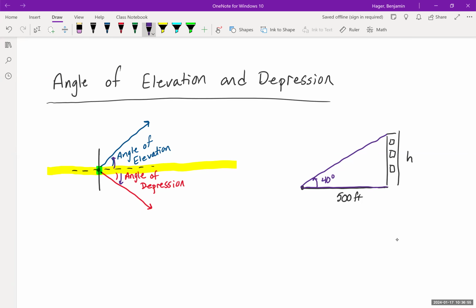Well, we can assume that the building or the tree or whatever it is you're trying to find the height of is roughly perpendicular to the ground, straight up and down. So we have a right triangle, and we could just use good old SOHCAHTOA here. We just need to set up a trig function that captures that height. Looking at 40, I've got the side opposite and the side adjacent to it. Opposite and adjacent is TOA, that's tangent. I could say tangent of 40 degrees is opposite over adjacent. And if I multiply the 500 to the other side,